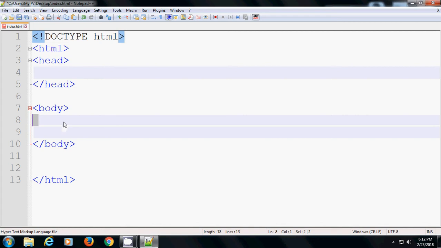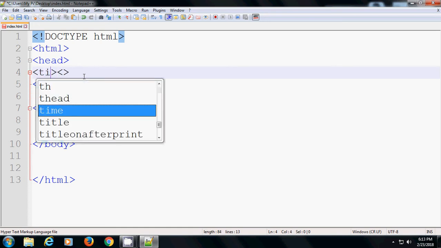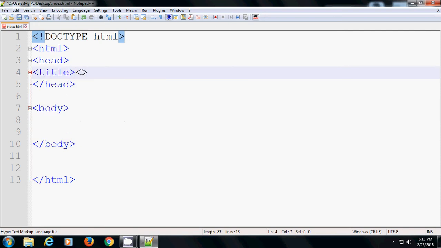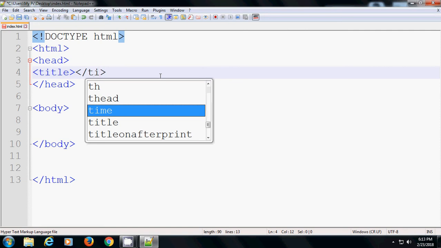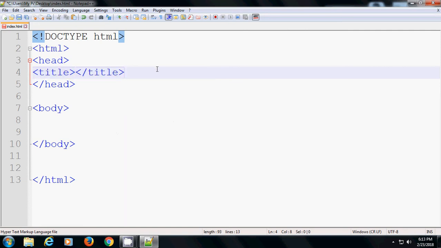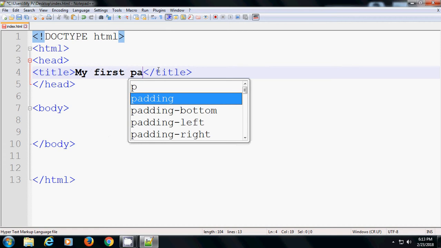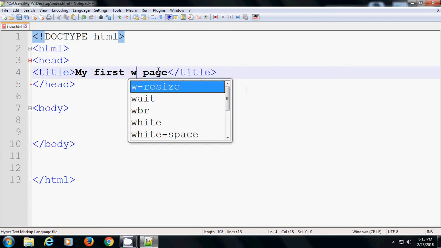And in the body section, whatever we write will be visible to us when we open the web page. So in the head section we can give the title of the page. That's why I was talking about Notepad++, because it will help you to write the codes. So the title part, I will write my first page, my first web page,